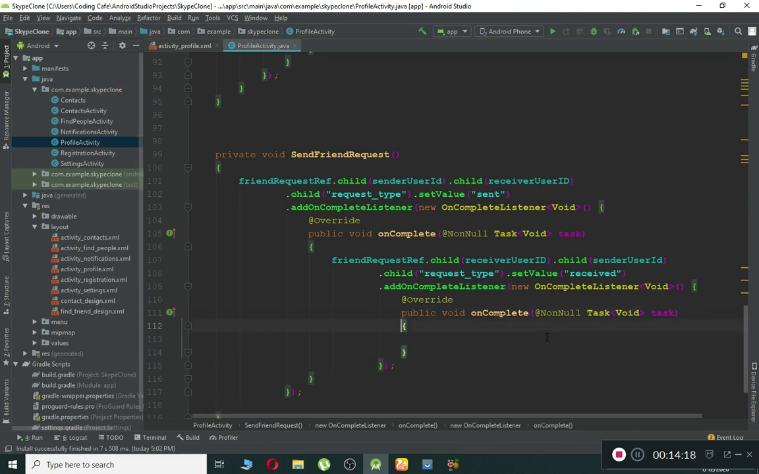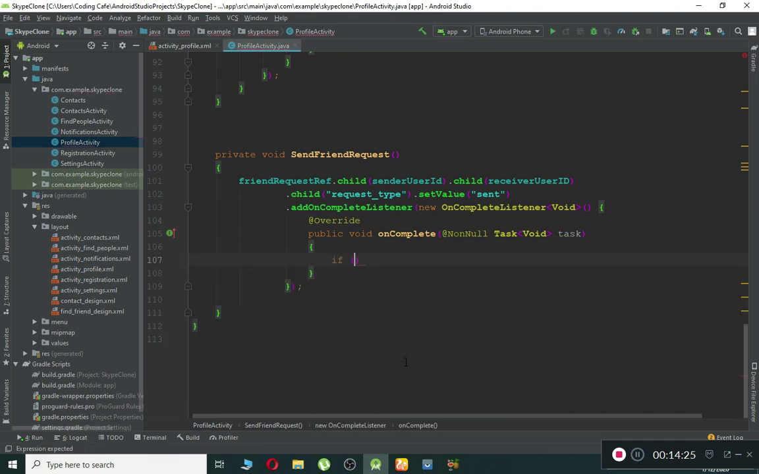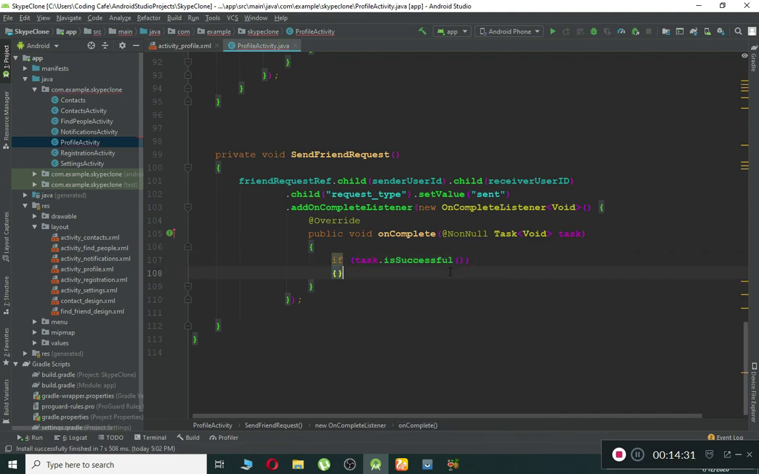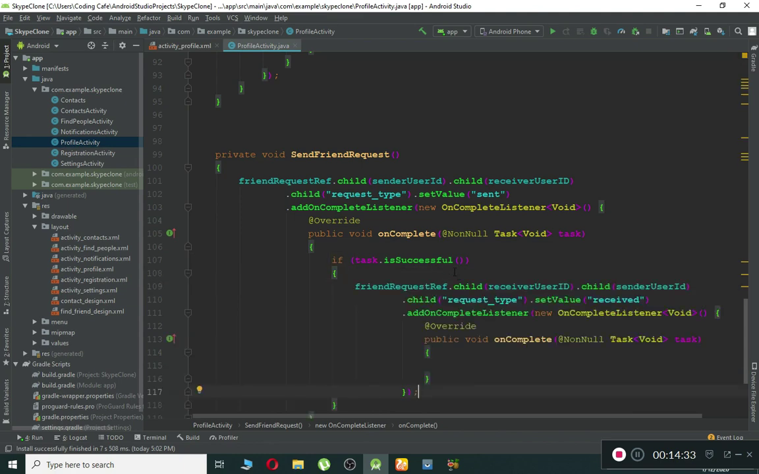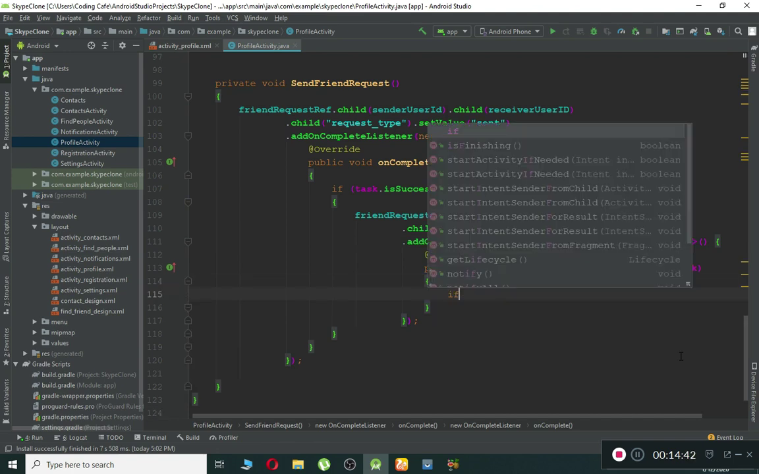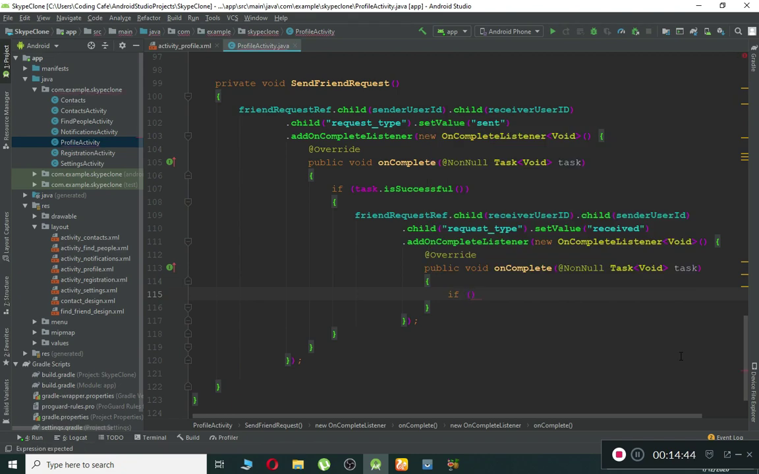So if the task is successful, by the way, if you want, you can add an if task check, which basically identifies that if the task is successful, then do this thing. Okay, and the same you can do here if you want to display a toast message. But the important thing is to maintain the state of the buttons. So for that we have to say if task dot is successful, then